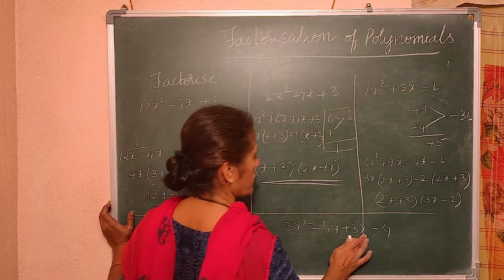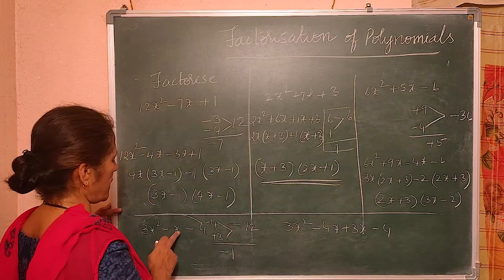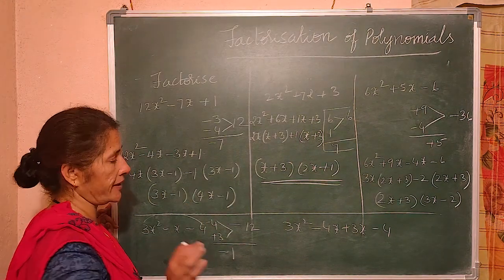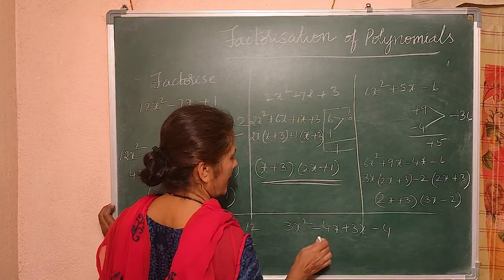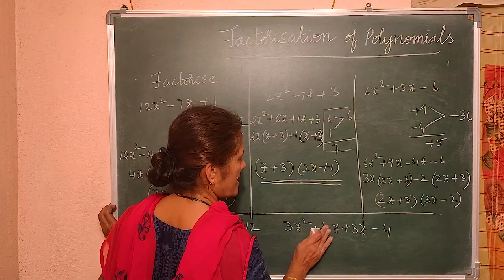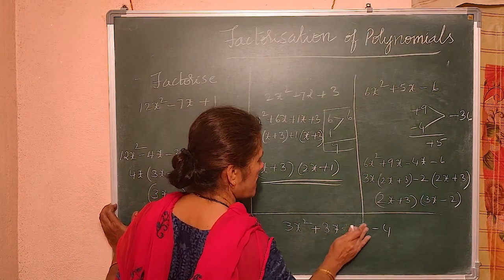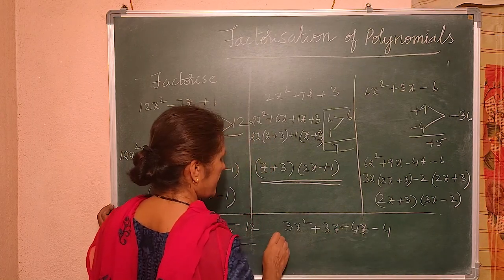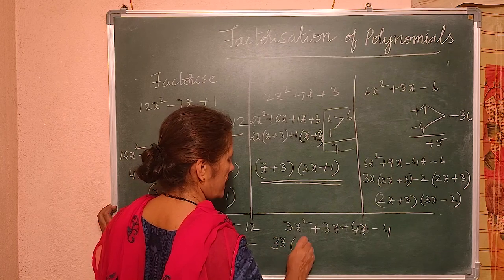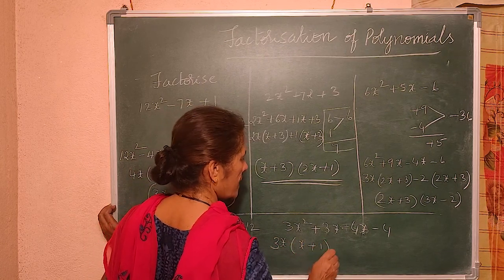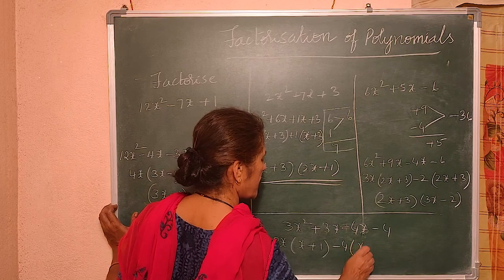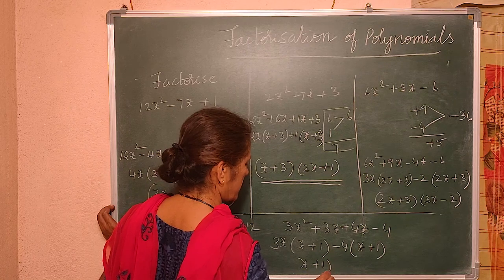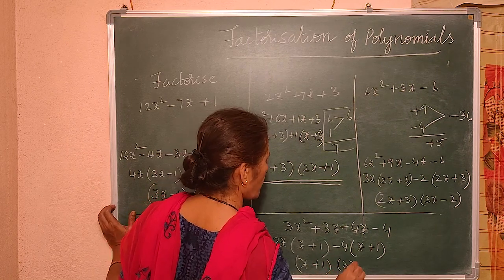Look at that value. Is it correct? Minus 4x plus 3x is minus 1x, minus 4. I am splitting only the middle term. So in this, I better write down plus 3x here, minus 4x here. Correct? So what do I get? 3x is common: x plus 1. Minus 4 is common: x plus 1. So what is common? X plus 1 is common, 3x minus 4.